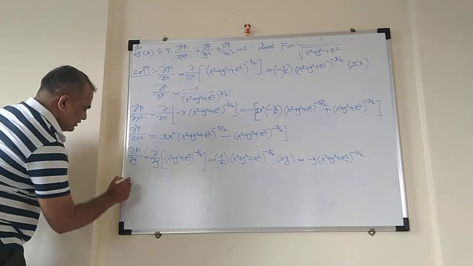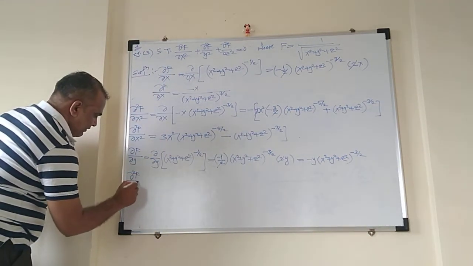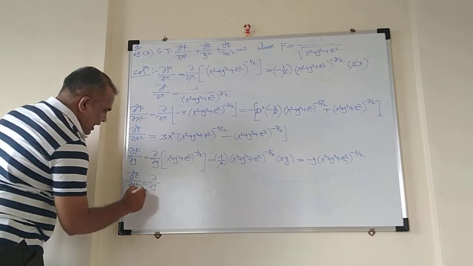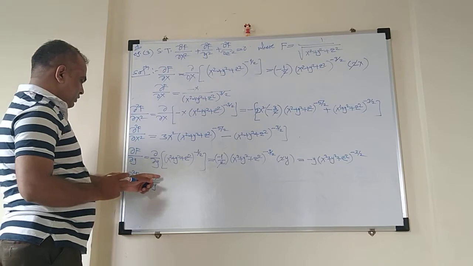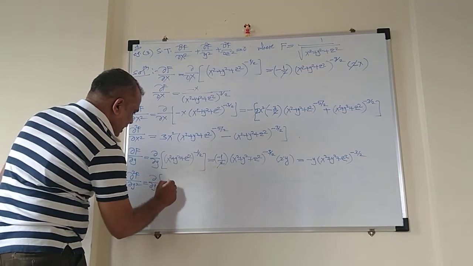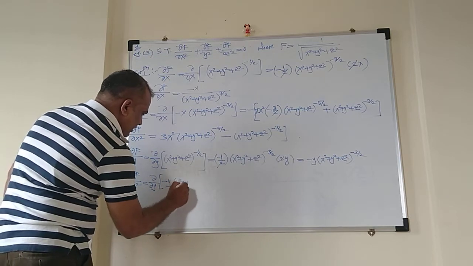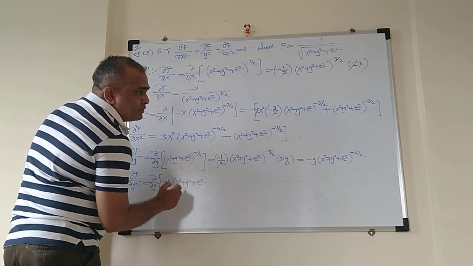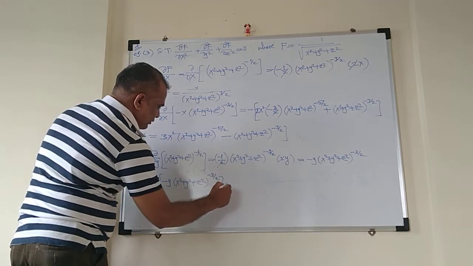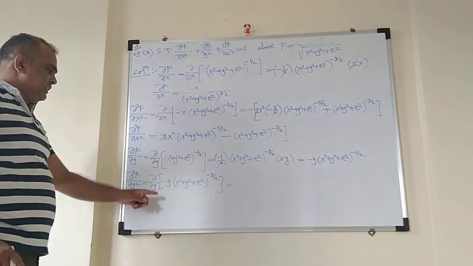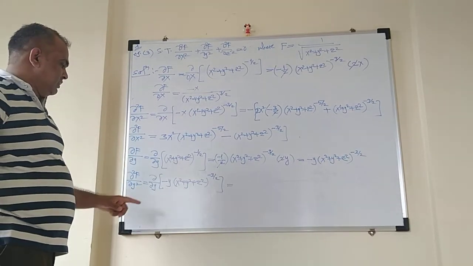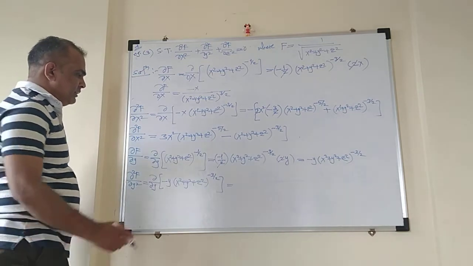Now double differentiate this with respect to y. So dou 2f by dou y square is nothing but dou by dou y of dou f by dou y. Dou f by dou y is this, so let me write that: minus y into x square plus y square plus z square bracket raised to power minus 3 by 2, and then differentiate this. Consider this y as one function and this bracket as a second function, and take out the negative sign outside the bracket.